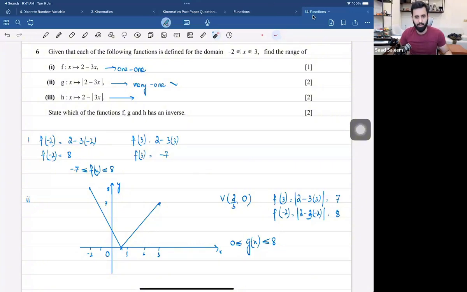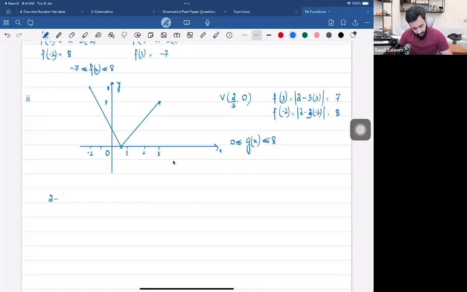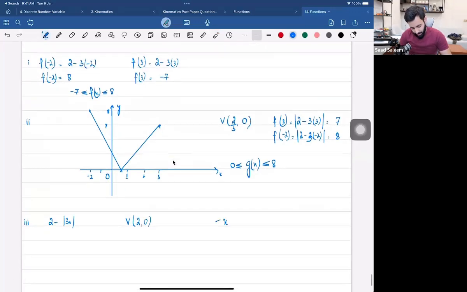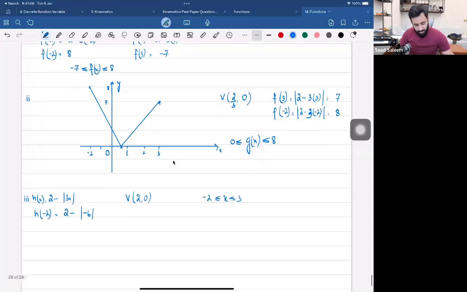I want you guys to try part 3 yourself. So it's 2 minus modulus of 3x. So the coordinates of the vertex, I'm sure everyone figured that out correctly, 2, 0. Now, remember the domain is from -2 to 3. This is h of x. So let's plug in. Let's find out h of -2. That means 2 minus 3 into -2, that's -6. Modulus of -6 will be 6. 2 minus 6 will be